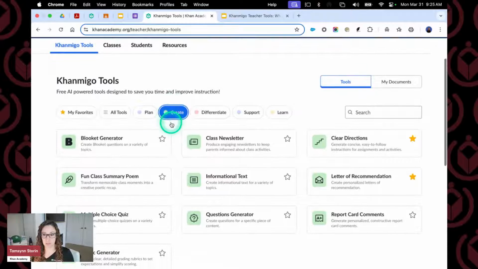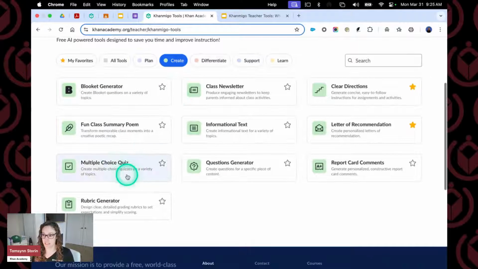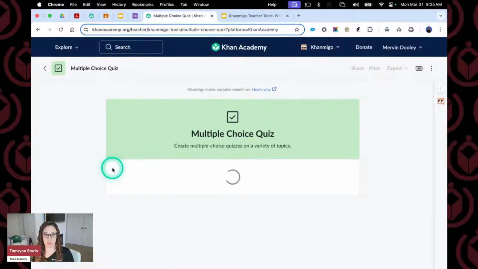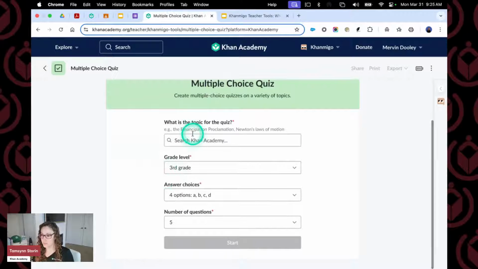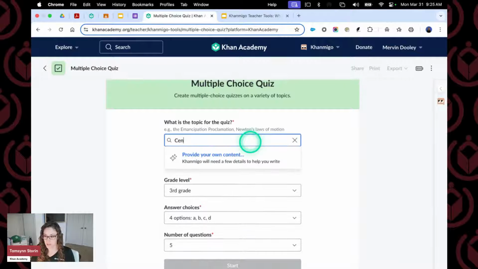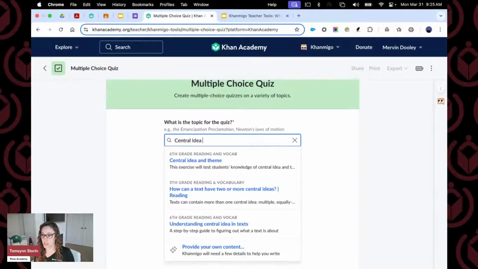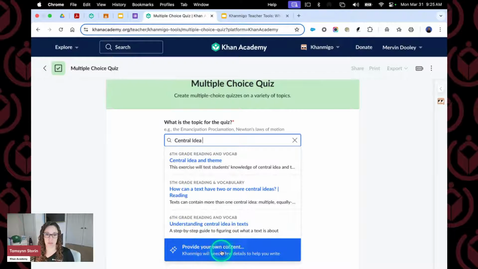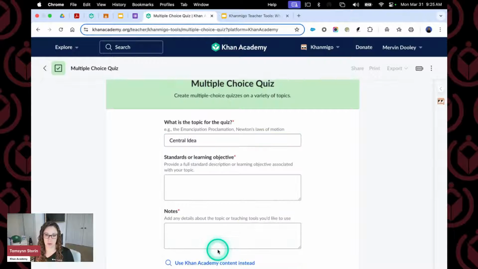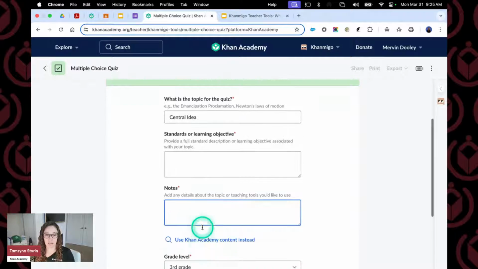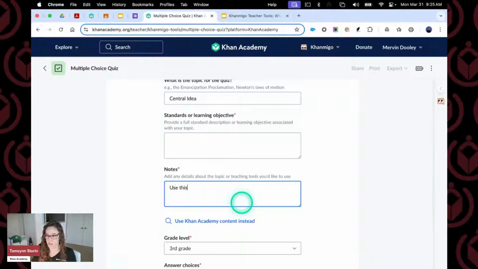So like I showed you that tip earlier, I'm at create. Now I'm going to use that text with a multiple choice quiz. It's going to ask me to search for a Khan Academy topic. I can put in central idea, but at the bottom of the list, it allows me to provide my own context. So I am going to click that. In the notes, I'm going to select use this text to create the questions.